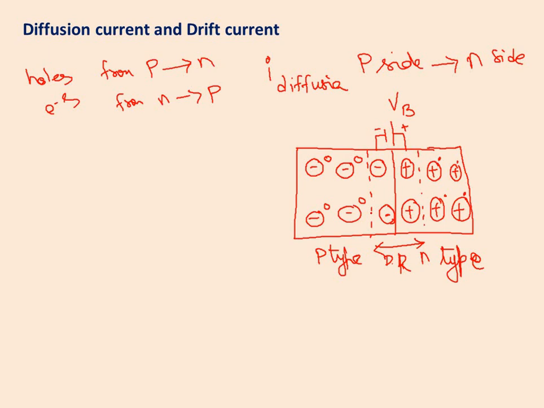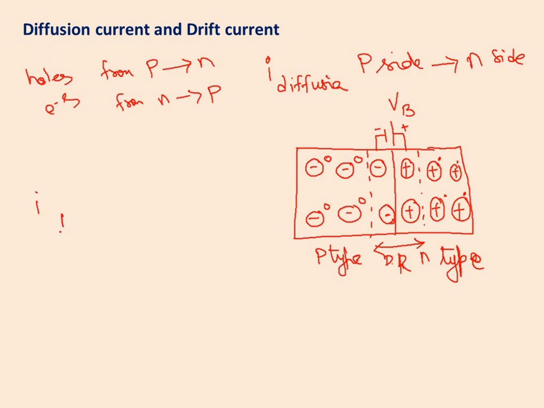So there is almost no chance of recombination of a hole with an electron in the depletion region, because there are static charges already. Okay, as electron hole pairs are continuously created in the depletion region, there is a regular flow of electrons towards the n side and of holes towards the p side. So this makes a current from n side to p side, and this is called drift current.